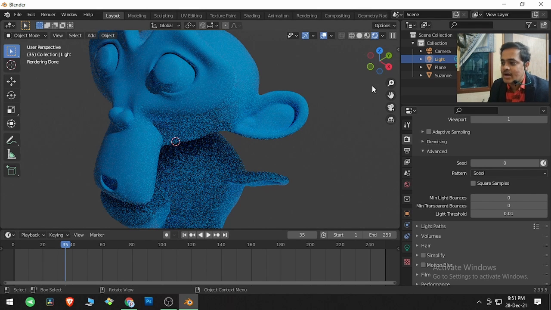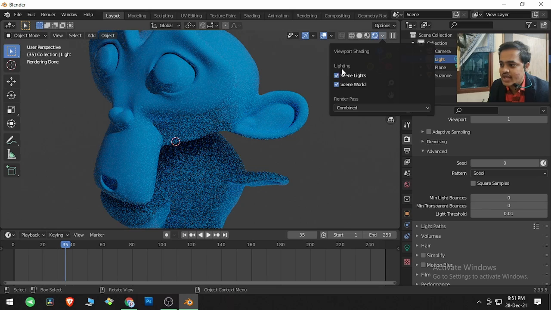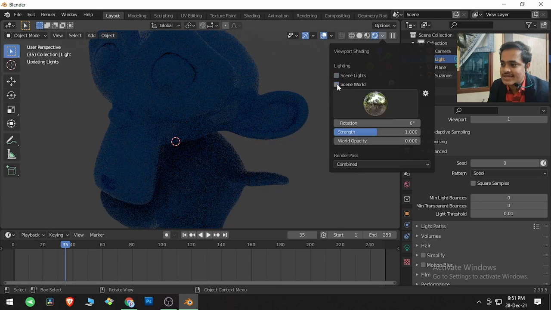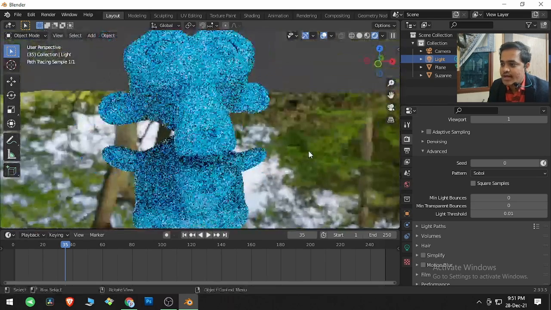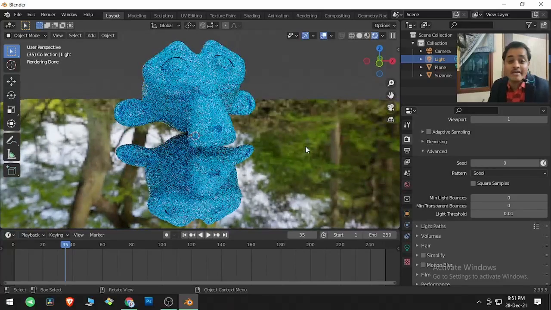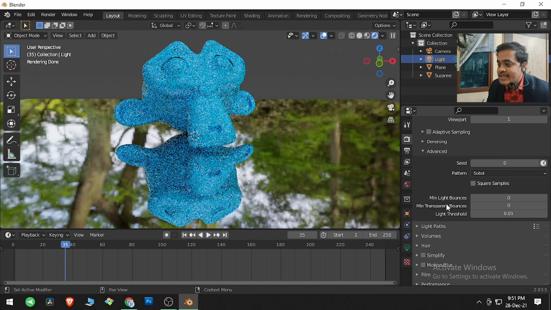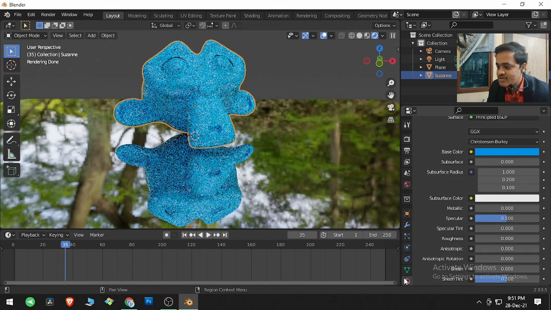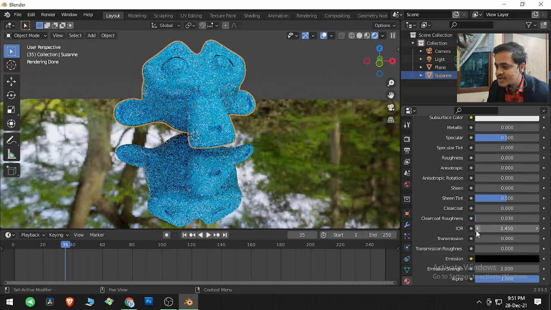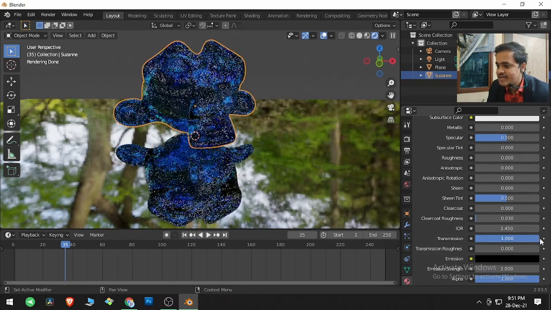Minimum transparent bounces. Now let me go over here and switch off the scene lights and scene world and get this HDRI which has been given by Blender for the setting here. For the minimum transparent bounces, I am selecting the monkey, going to the material, and in the material I am going to transmission and increasing this value completely.